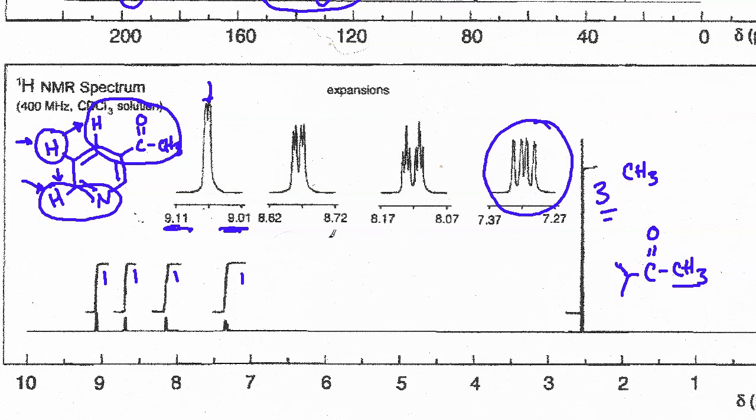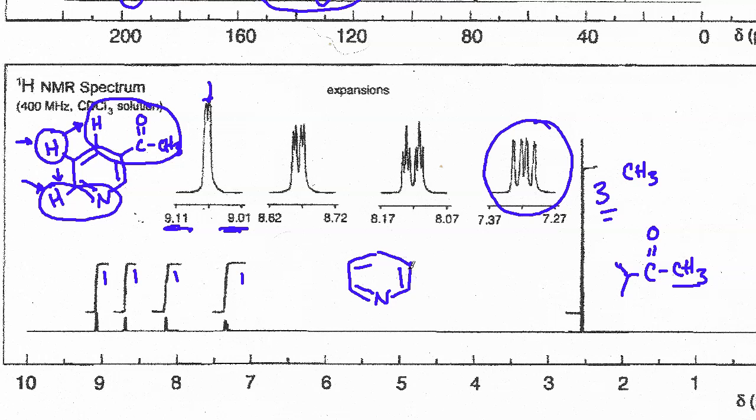All right, so this pretty much is the structure that we're trying to propose, and it brings everything to a close here. We have the acetyl group, that's been confirmed. We have the pyridine structure, and in this pyridine structure, we would have a couple of choices as far as where we can